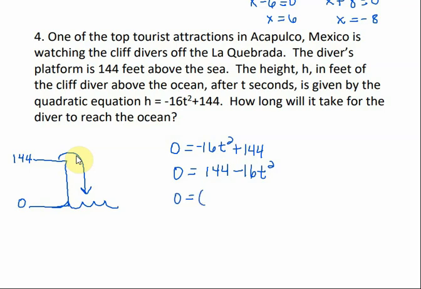The square root of 144 is 12, and we could factor out the greatest common factor first. Either way is going to work. All right, and if I take the square root of 16t squared, that would be 4t. And I have plus and minus. Okay, so if I take each one of these and set them equal to 0 and solve,